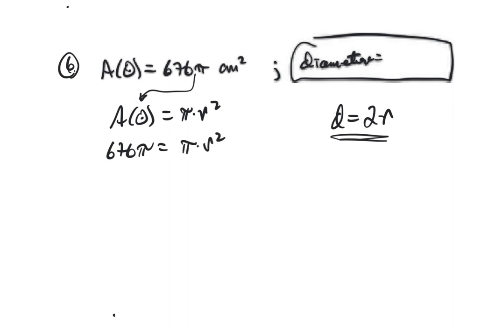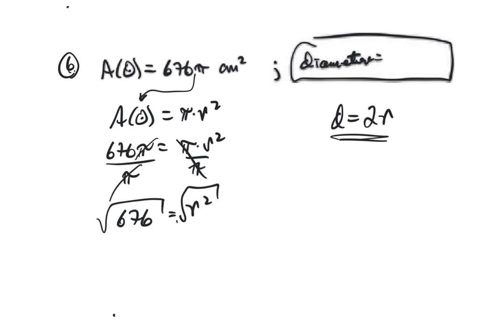Okay? And again, your job is to solve for r first, and then we'll remember that a diameter is 2 radiuses, 2 radii. Okay, so once again, to get rid of times pi, we divide by pi. But this time we kind of rigged this so it works a little bit nicer, because on the left-hand side, we have a pi in the top and a pi in the bottom, so those also cancel each other out. And now to get rid of a power of 2, we just simply take the square